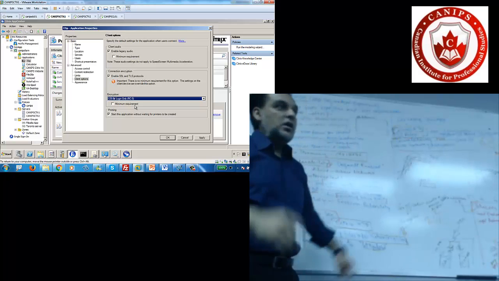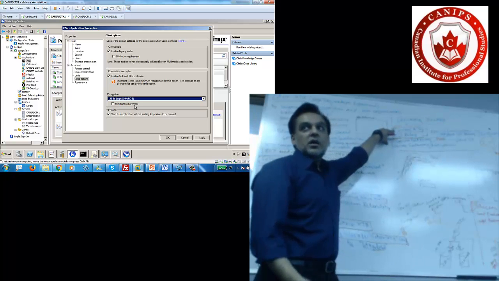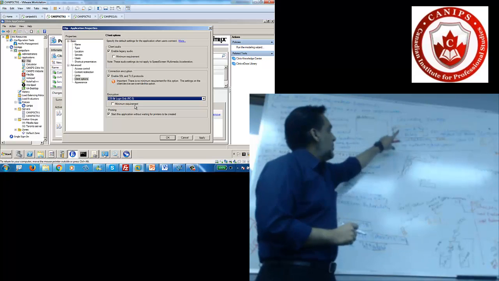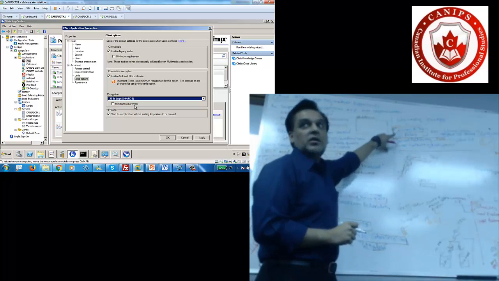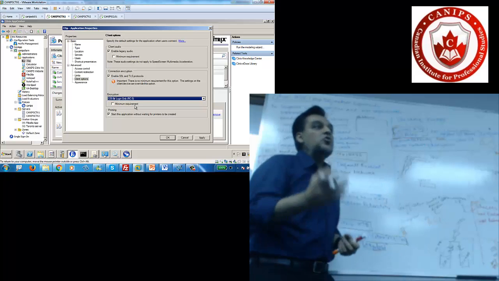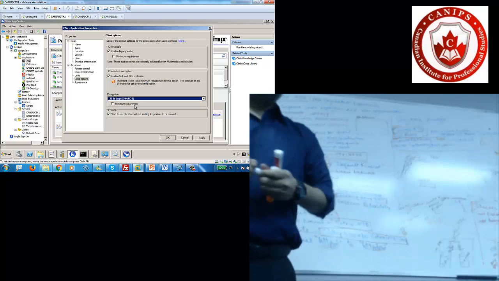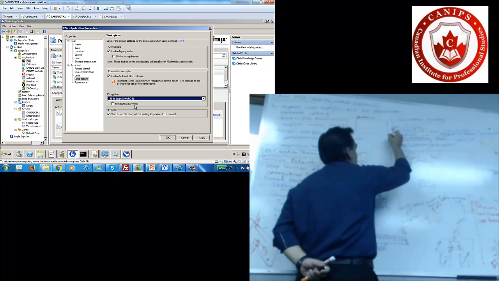So basically, when you use secure ICA, it doesn't need a certificate. It does its own basic encryption. But starting from here to here, it does need certificates. So you need to buy a certificate, download that certificate, and work in that environment. And once these are configured,